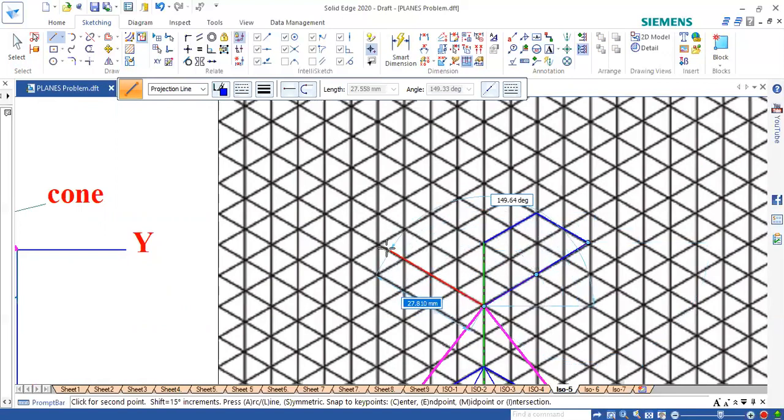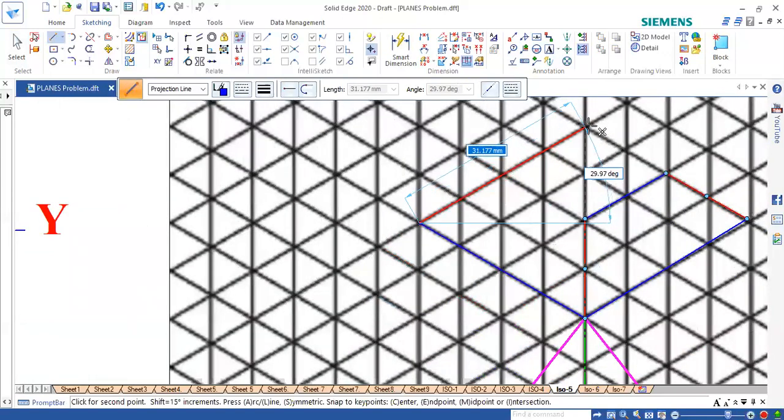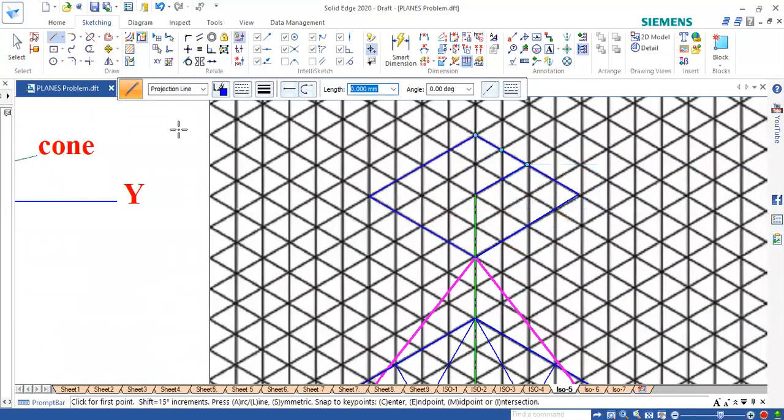Then 10, 20, 30, 40 towards the left side along the 30-degree line, and then 40, and later we can join that to this. Okay, so this is how I did it.